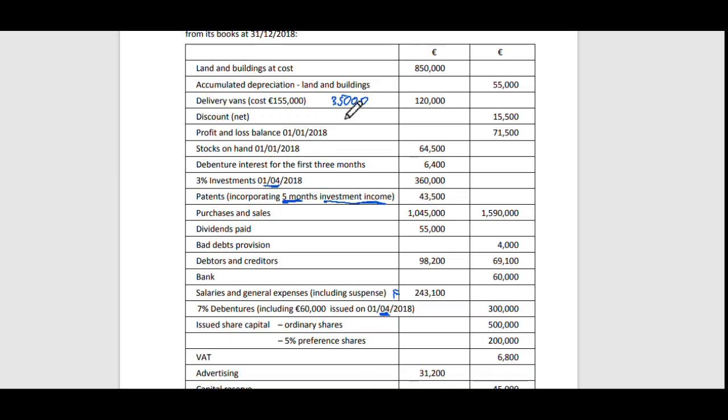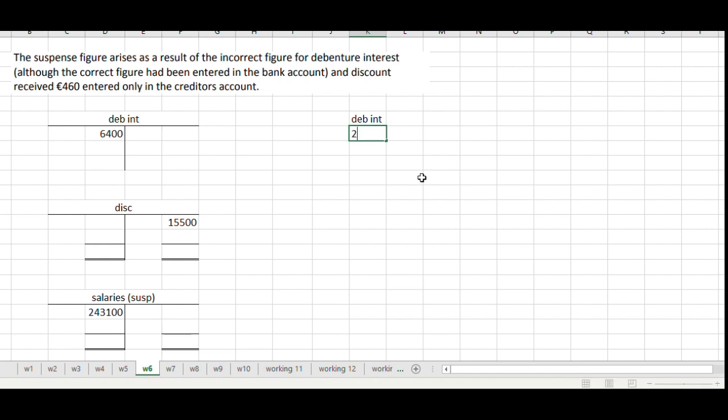So if I look at the trial balance, I see debenture interest, here it is down here, 7% debentures, including 60,000 issued on the 1st of the 4th, take me to 300,000. So for the first 3 months, I had 240,000 at 7% times 3 over 12, which gave me 4,200. After that, I had 300,000 times 7% times 9 over 12, which is 15,750. In total,